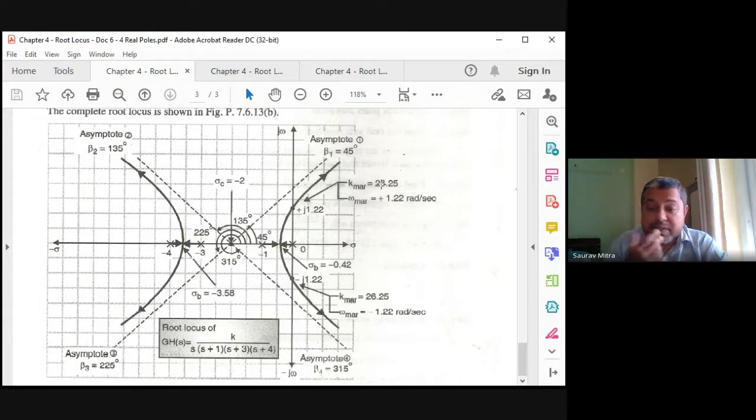The system is stable because these two roots you are finding are -4 and -3. Okay, initially for k equal to 0 it is like that. Then as I'm increasing the value of gain k, they are going and meeting at k critical 2. So if you are substituting s is equal to -0.42, you will find k critical 1. If you are substituting s is equal to -3.58, you will find k critical 2. And I think these two values will be the same. This is my hunch feeling. I don't know, maybe different. So they will collide at -3.58.